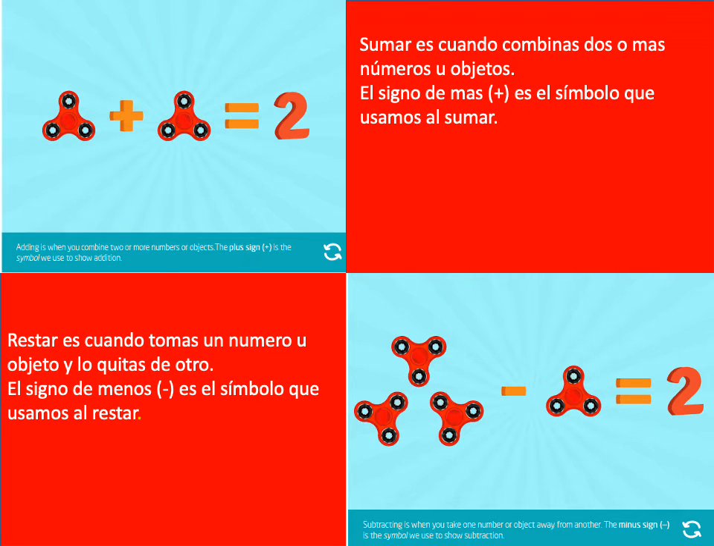Adding is when you combine two or more numbers or objects. The plus sign is the symbol we use to show addition. For the picture-like example,